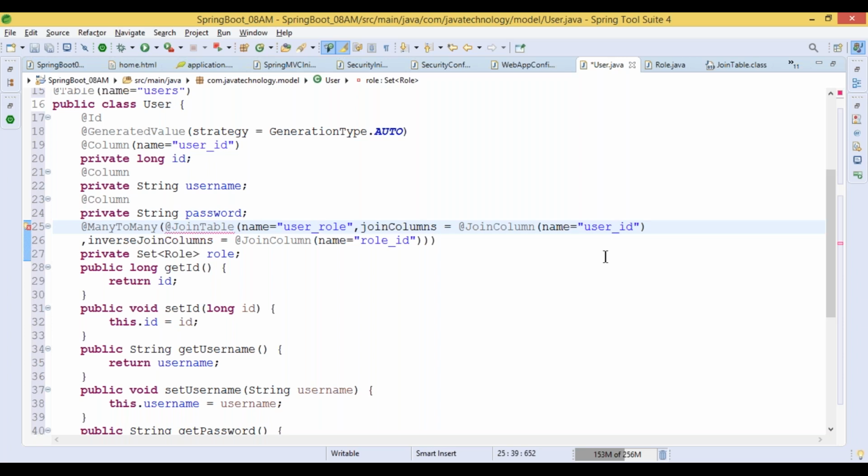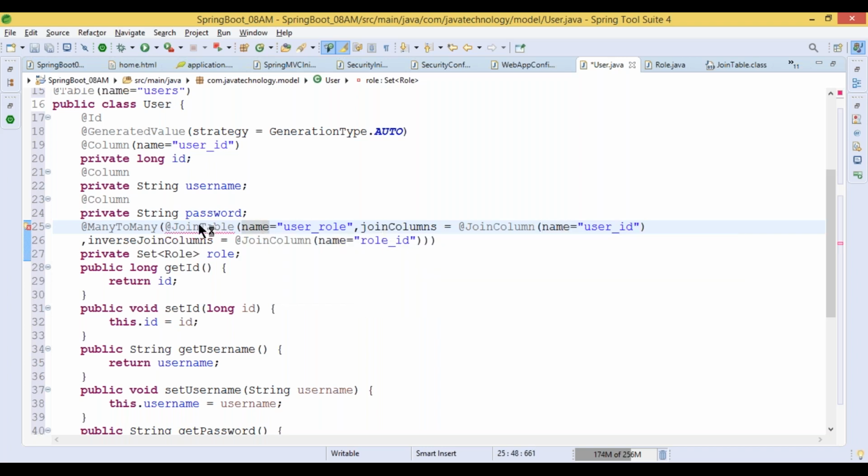Curly braces. No, not required. One extra brace seems to be there, because of @JoinTable, and for name, there is no extra brace. This is also correct.